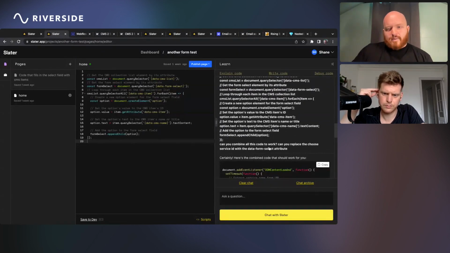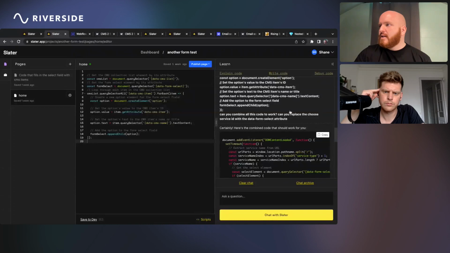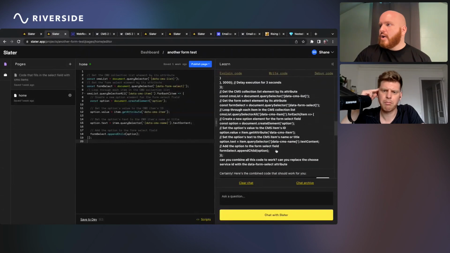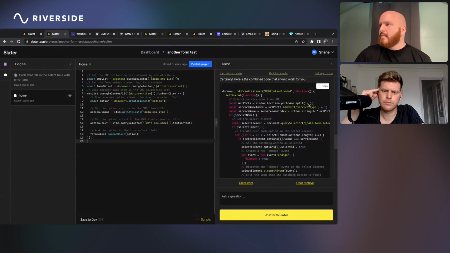I think what I did was I went into another Slater project just to get a separate thread going, which you could also do by just creating another page. I'm using this strictly as AI. I'm not implementing this on the project, which this could obviously do. And I think I had written the code to match the URL slug. So let's see, yeah, it's looking for that split there.